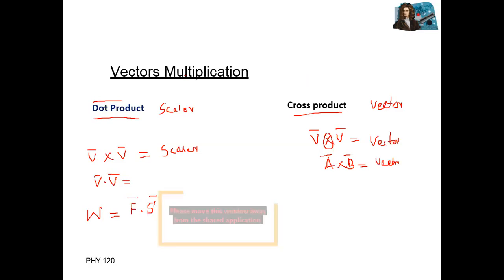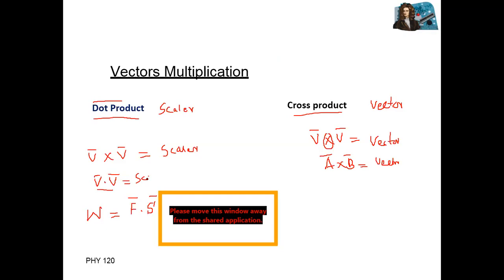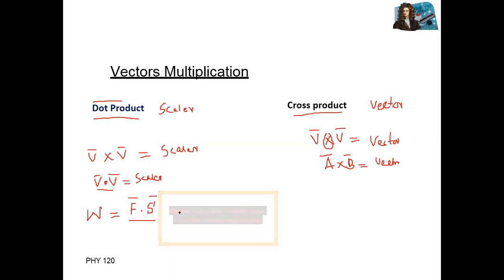Sorry, Professor, before we move on, what was the dot product? I understood the rest of it, but just the meaning of it. Yes. When two vectors multiply and the result is a scalar quantity, that one is called scalar product or dot product. And we show a dot between two vectors, like F dot S. F is one vector, S is another vector, and between them we have a dot. So this dot shows this is a dot product.